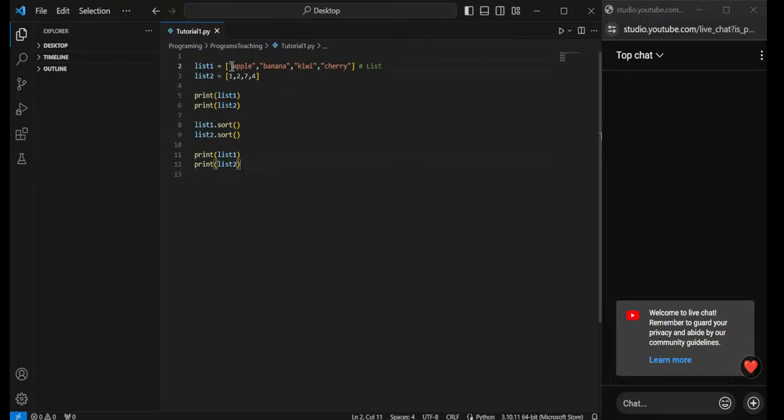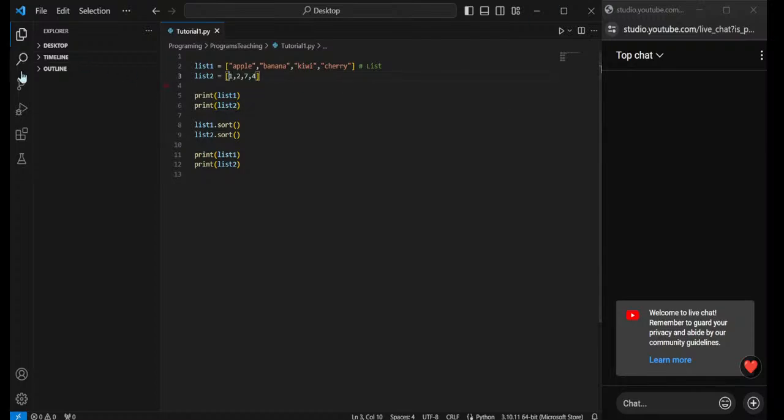First one, if you have strings in your list, they will arrange the strings alphabetically, like A, B, C, and then comes D, E, F, G, H, I, J, and then we come to K. Then it will sort numerically,